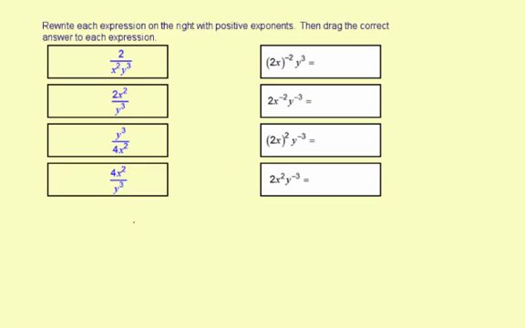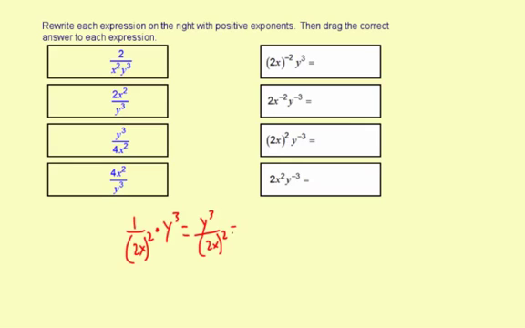It's going to be 1 over 2x squared times y to the third. So I can actually combine this together. It's going to be y to the third over 2x squared like that. And looking at the answers, well, there's nothing quite like this, so maybe if I simplify